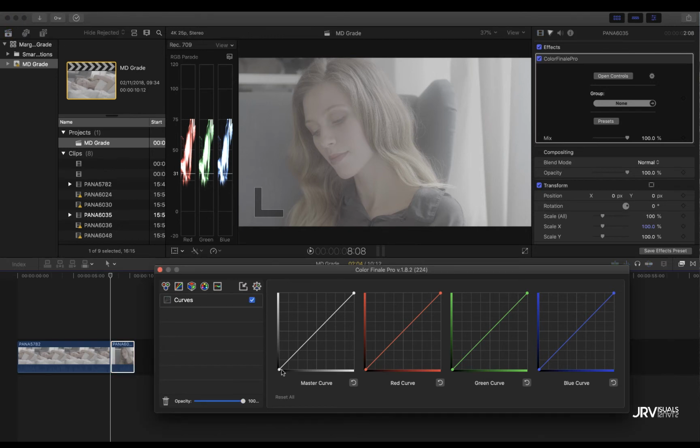So let's start with getting back some of our blacks and making the curve realistic, taking back all the contrast,